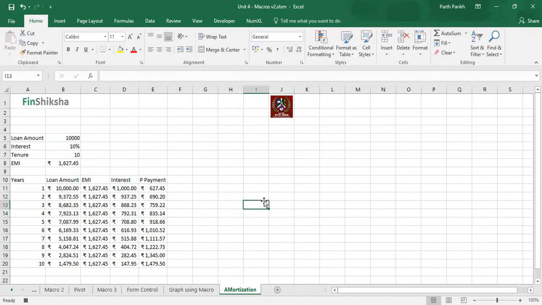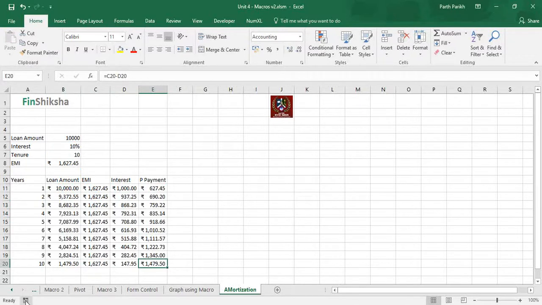And this is precisely what I'm supposed to pay. So I was supposed to pay 1,479 as the principal that was pending. So at the end of the 10th year, everything is settled. At the start of the 11th year, everything will be nil. That's precisely what I was supposed to do.